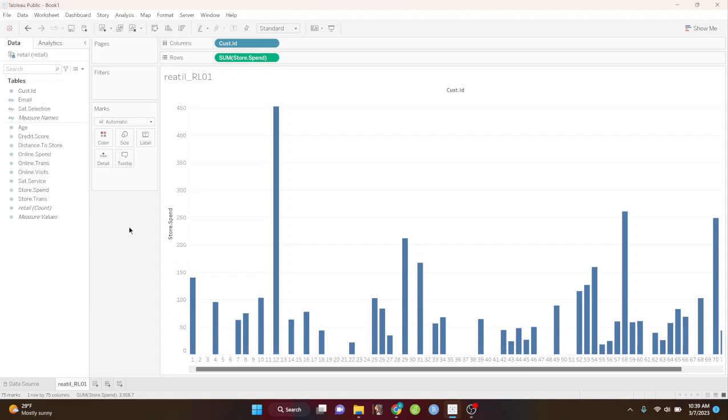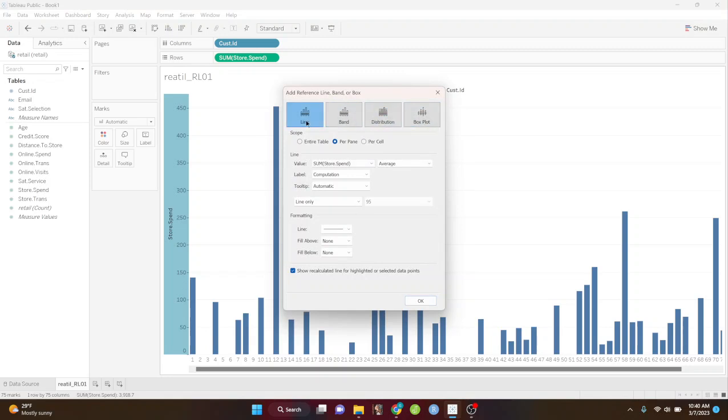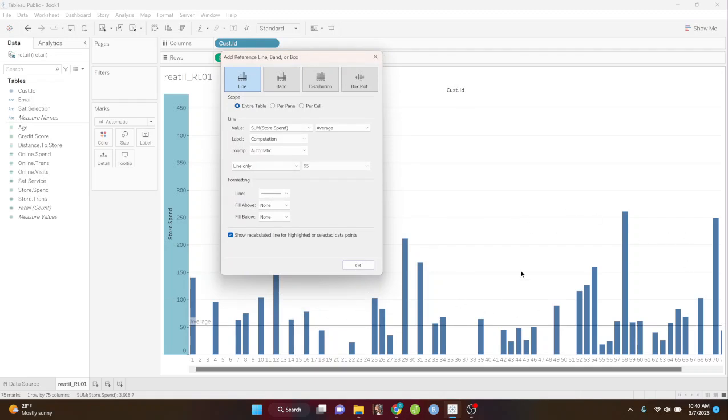Now a good business manager would want to see what is the average value of these sales across the board. So that's where we're going to use the first reference line, the straight line. So I'm going to come over here and select this, right click on the Y axis of this visualization, and there will be a dialog box where we have to pick add reference lines. Now here we are given all four reference lines: the line, band, distribution, and the box plot. Let's pick the first one, which is the entire table. When I say entire table, we're talking about this whole table. So I want to see the store spend